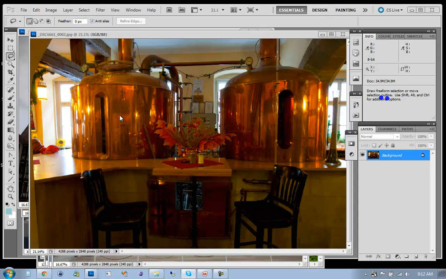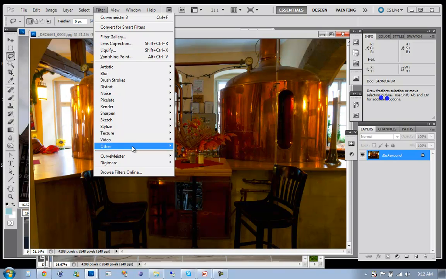I'm going to start off by just focusing on the color cast that this image has. Also, I'd just like to point out this is really a beautiful image as it comes out of the camera. This was captured as a raw image and then converted using neutral settings into a JPEG image. So this is essentially the way the image would come out of the camera, and it looks very good. So you almost wonder, well, what could be improved by this? So let's go into Curvemeister,